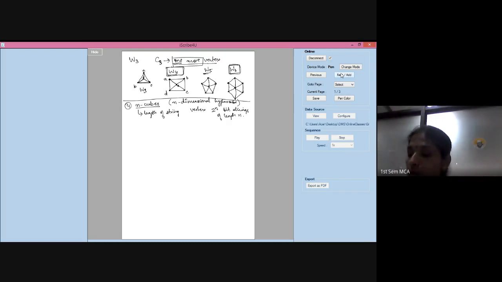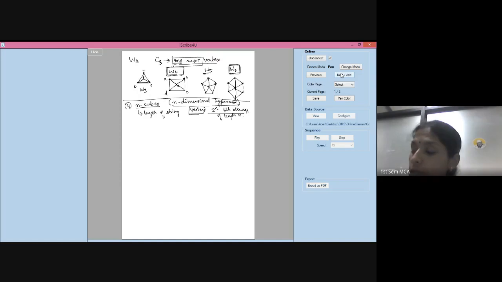All right. So what did I say? N cubes is a special type of graph. It's also called n-dimensional hypercube. Each vertex represents 2 to the power of n bit strings, and each bit string is of length n. That is why you call this n cubes. Let me take an example, and we represent it as Qn. Let me take examples of n equal to 1, 2, and 3. Beyond that, it will be difficult for us to represent.